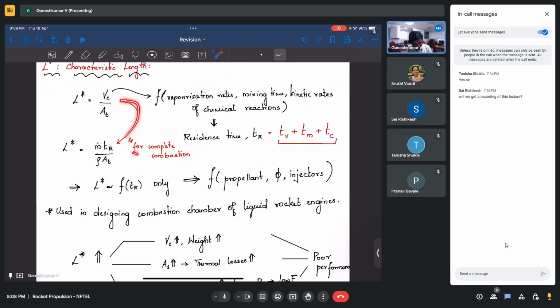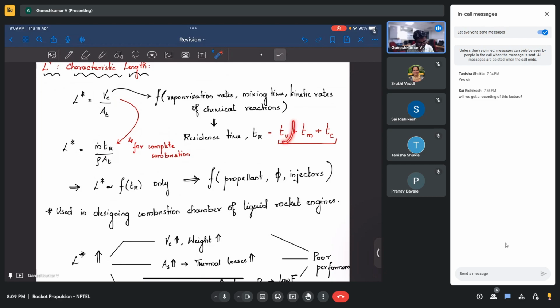If you want that, then for a complete combustion, you can replace this chamber volume in terms of mass flow rate, or volume flow rate, times the residence time. That will give you this kind of expression. But A_t and m dot are actually related to each other. So basically this L star is a function of residence time, or this combustion time. So this will be a function of only residence time, which means that